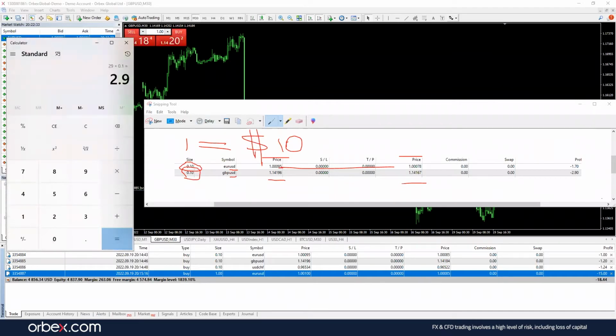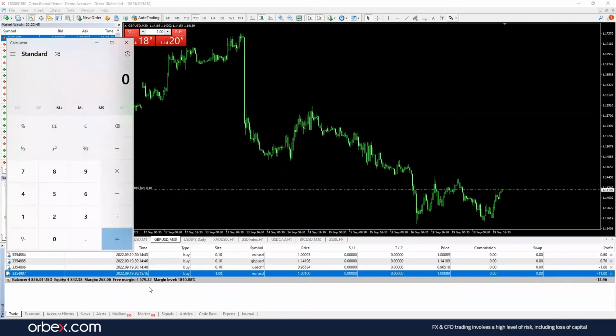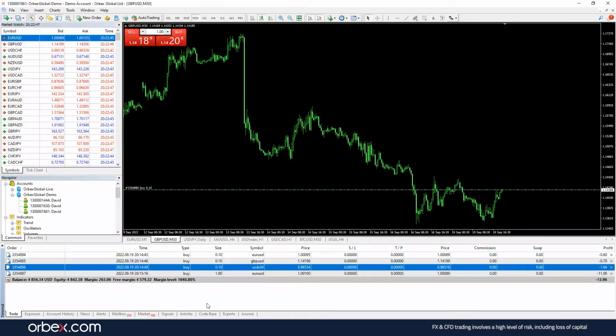And there we go, $2.9. So that's my profit and loss, and that's how the P&L is calculated. Now, if we've got a currency that doesn't have a $10 pip value, such as the dollar Swiss, as you can see here,